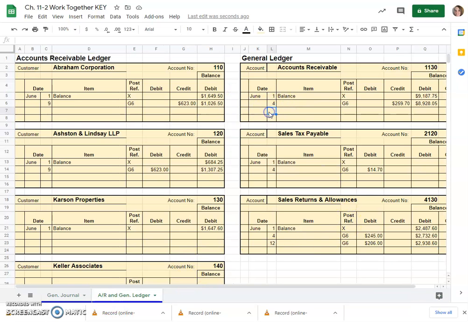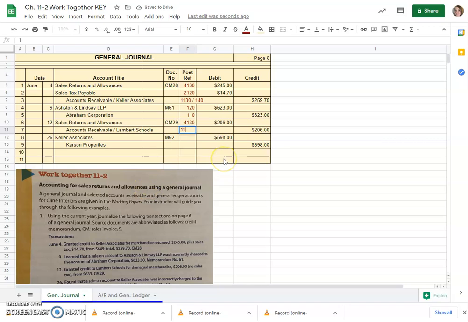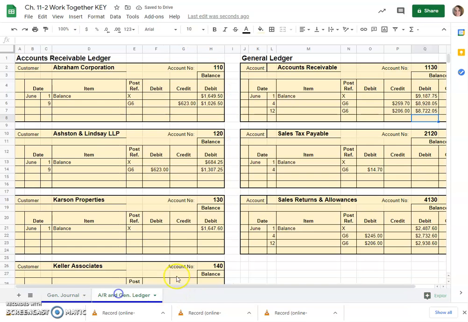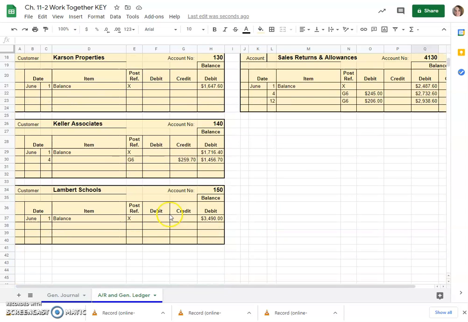So accounts receivable on the 12th, and the credit was 206. So our debit balance reduces. Account number 1130. But we still need to give it to Lambert Schools. So $206 credit to Lambert Schools on the 12th,